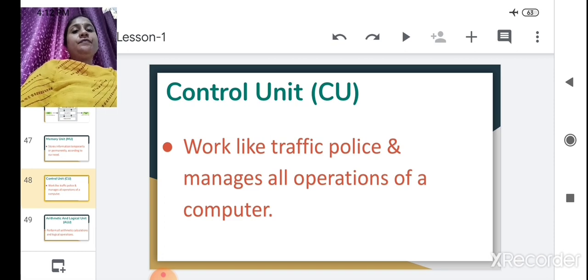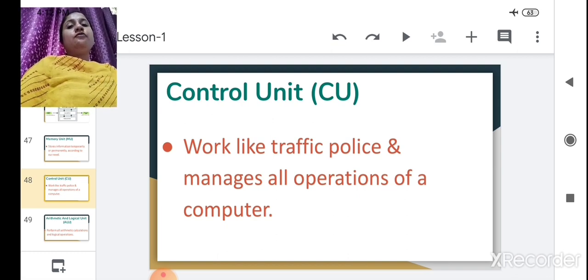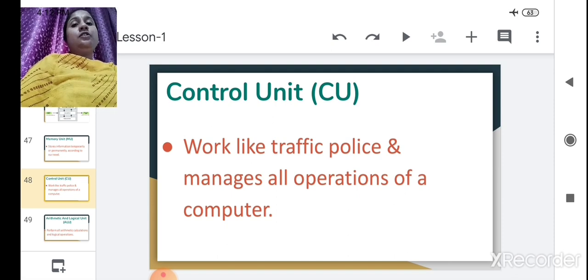Control unit. This control unit works like a traffic police and manages all operations of a computer. Say you want to draw, play games, and listen to music at the same time. The control unit will control all these operations at once, like a traffic police.